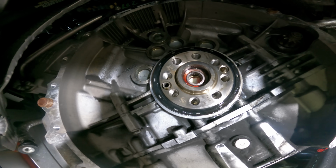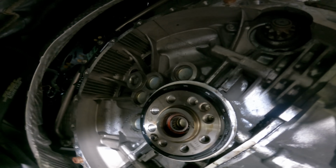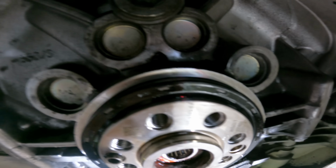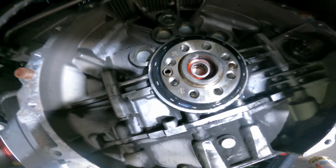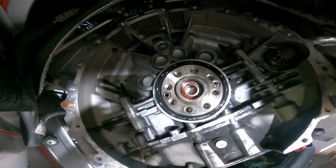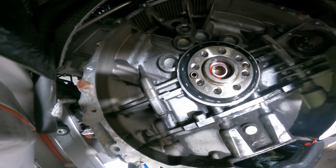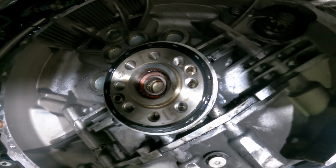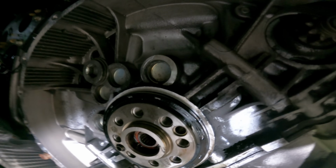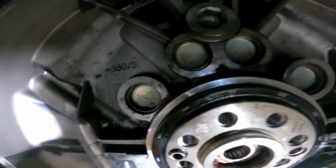All right, so you can see the seal is on, but it's not in. And again, we don't want to push it too far in. We kind of want to push it where it was in its original place. You got to do this really slow and uniformly. The biggest mistake, all right, you can see the seal is on the crank, but it's not pushed in. And so again, we've got to be really careful when we're pushing it in, because one of the other mistakes I've made in the past is